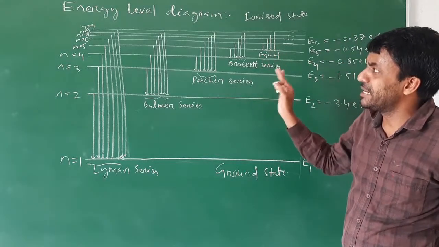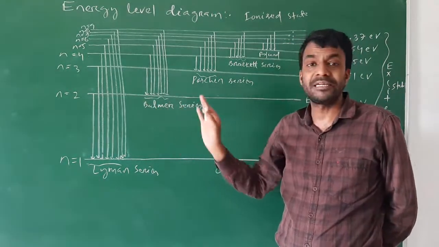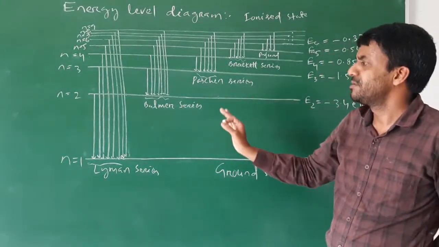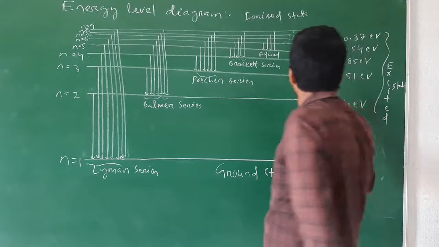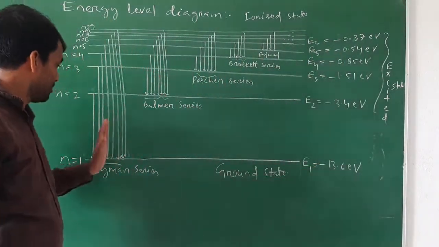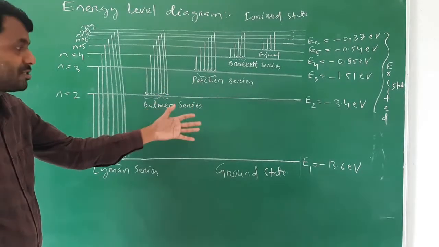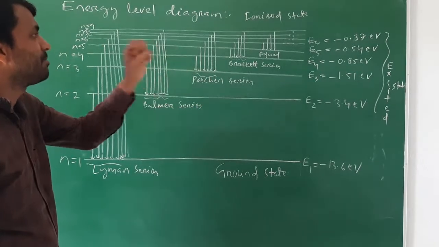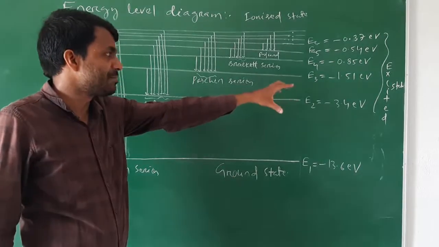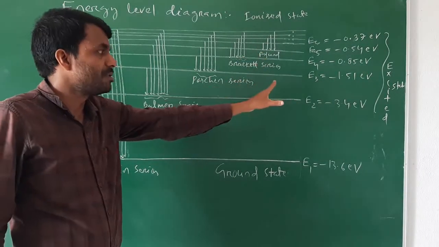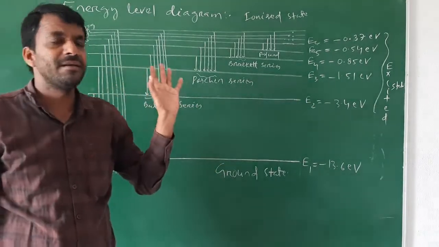Total, this is a diagrammatical representation known as the energy level diagram, and the diagram will carry 3 marks. Only a neat and clean diagram, just like this. Write the number of orbits, and on this side write the energy, and in between the energy and orbit write the series, hydrogen spectrum series: Lyman, Balmer, Paschen, Brackett, Pfund, etc. And the last state is your ionized state, the first state is your ground state, and in between the ionized state and ground state, all the states are excited states. This is all about the energy level diagram.